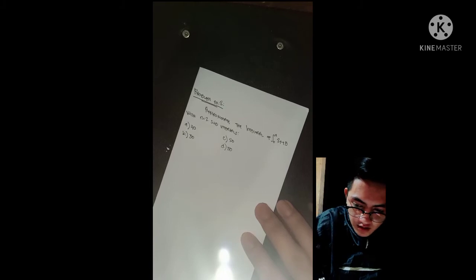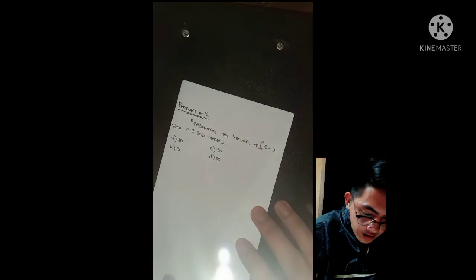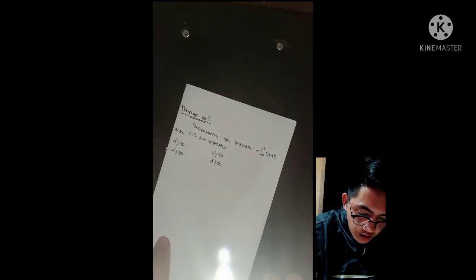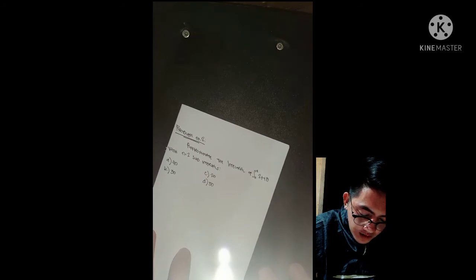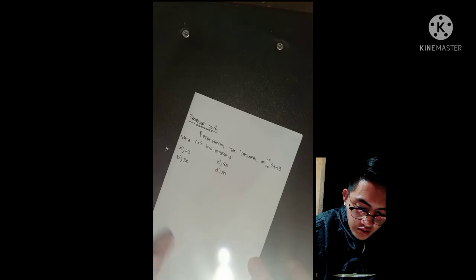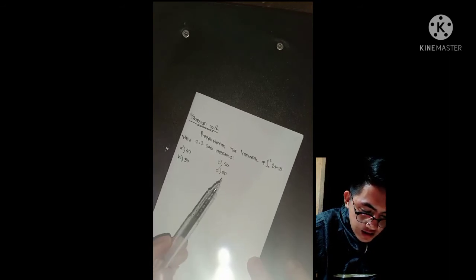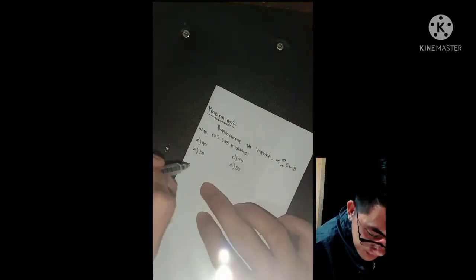Next problem in the trapezoidal rule. Problem number 2: find the approximate value of the integral of 2x plus 8, with limits 0 to 2, with n equal to 2 subintervals. In our A we have 40, B 30, C 20, and D is 50. So for our solution,